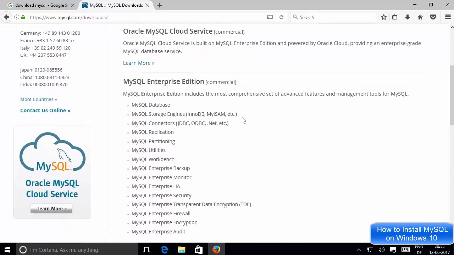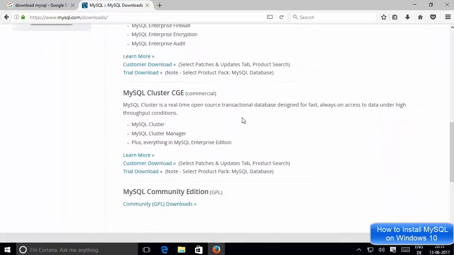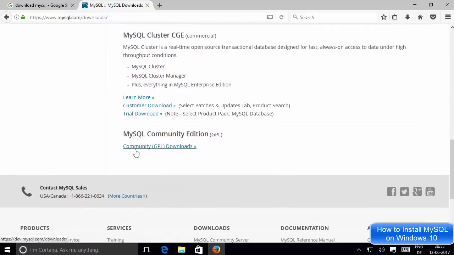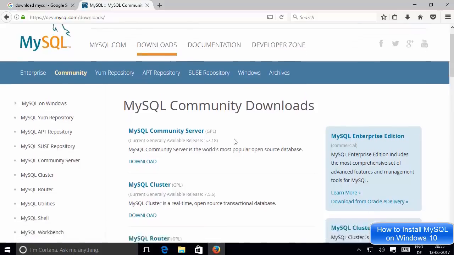Now when you scroll a little bit down, at the bottom you will be able to see this community GPL downloads. So we want to download this version. We want the MySQL community edition, which is a GPL version. So just click this link which says community GPL downloads, and once this page is open, it will give you